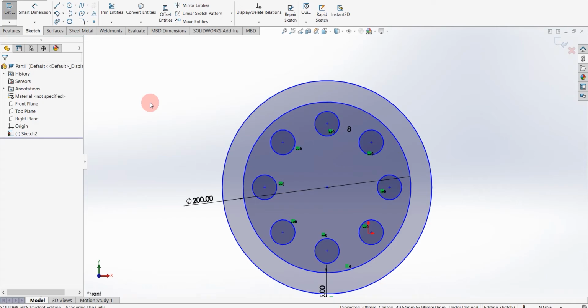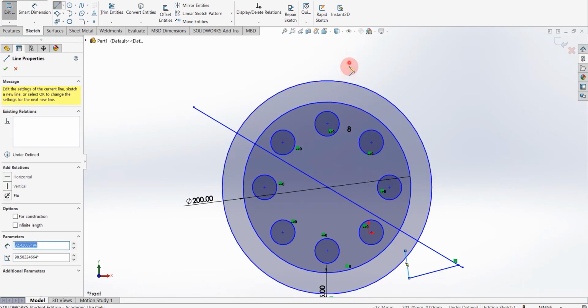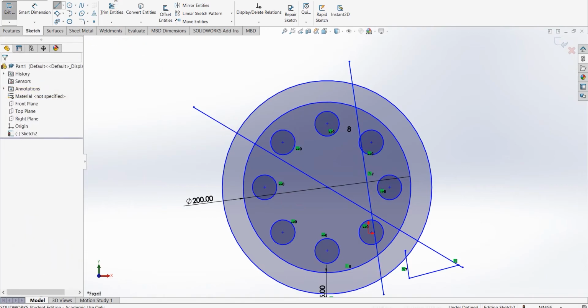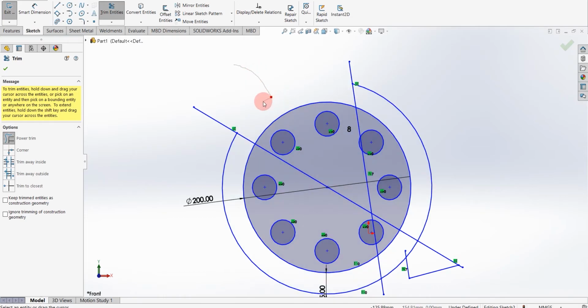So another option is trim. Say I am constructing these 2 lines randomly on the circle, and I am selecting trim. Most of the time we use power trim. I hold the left click button, and as I drag, the middle point between 2 lines is gone, then this point is gone, this point is gone.